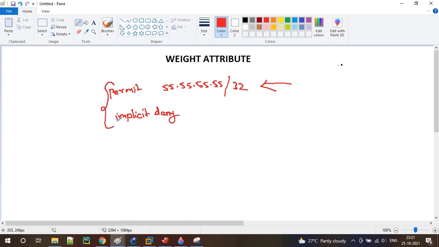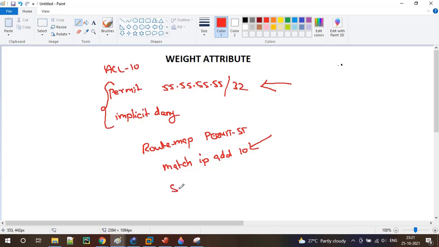When this particular ACL 10 is applied in the route map called permit 55, we are going to match what? Match IP address. That means we are going to match ACL number 10. So whichever traffic is matching, only for that we are going to set the weight of 123.